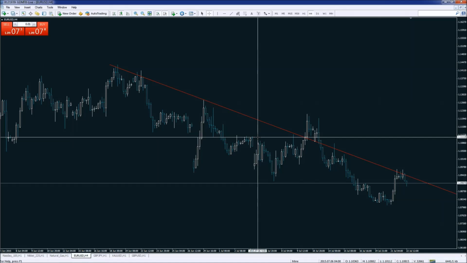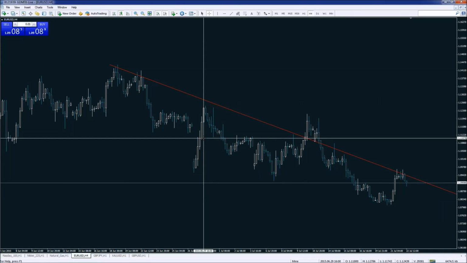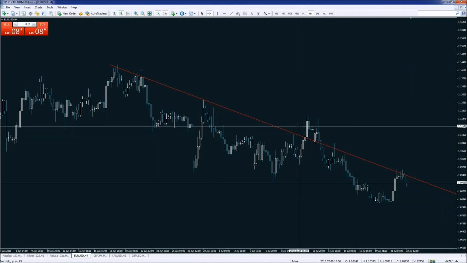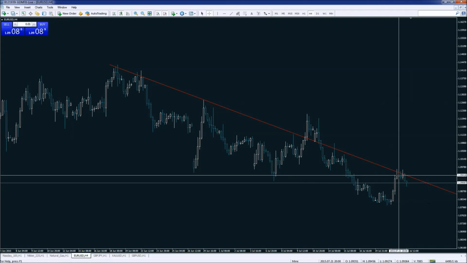And here we have 1.1111. So that in a matter of a week's time, you have generated about 60 to 70 pips of profit, and then from here to here, you might be able to generate pretty much the same amount of pips. But this, of course, ladies and gentlemen, would involve